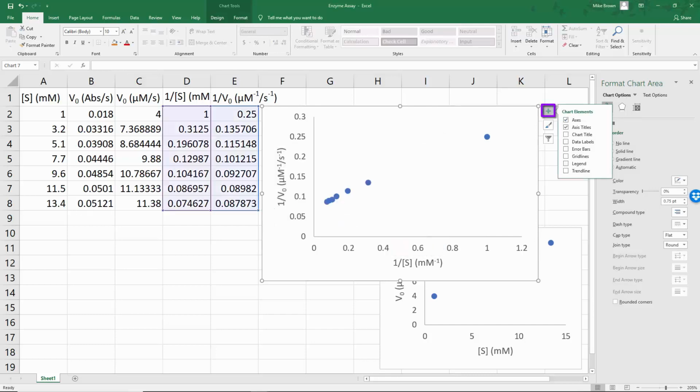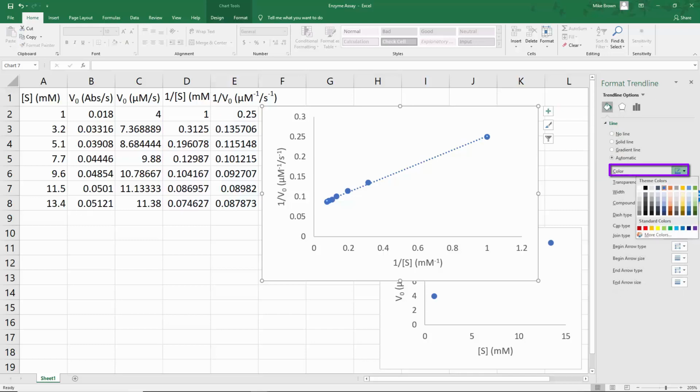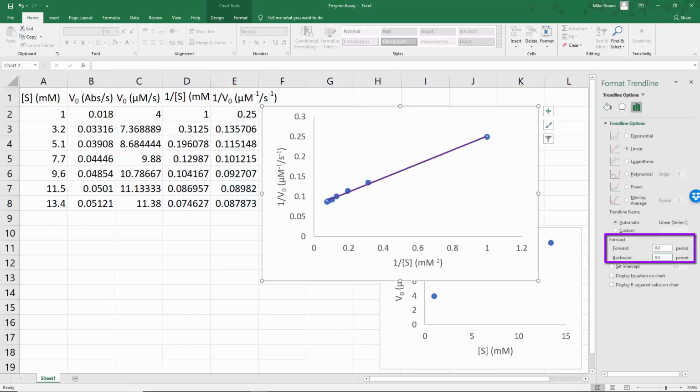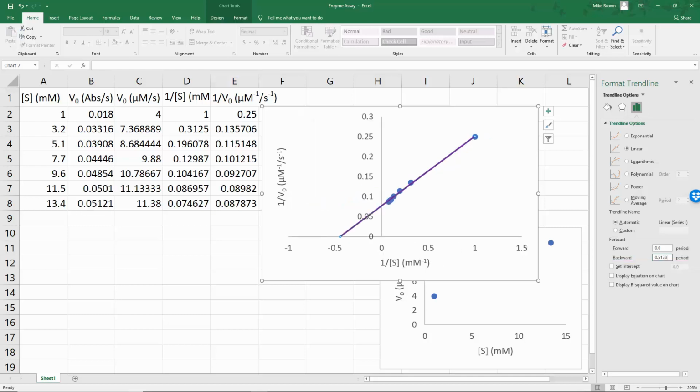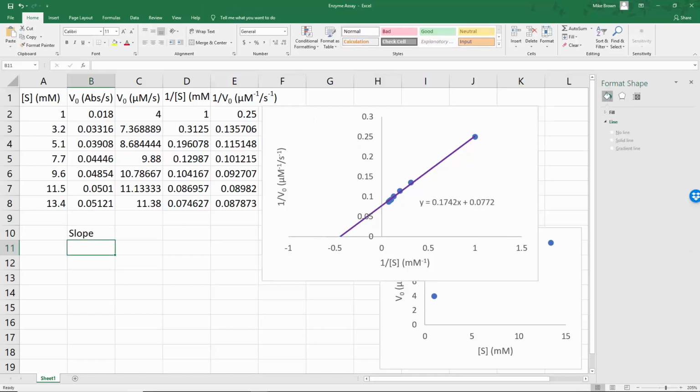Add chart element, trend line. The default trend line is linear, which is what we want. More options lets us play with the design. It's nice to extend the line a bit so we can see where it crosses the y-axis. You could choose to extend it further to see where it crosses the x-axis as well. But what we really care about is the equation of this line. Display equation on chart, and record the slope and